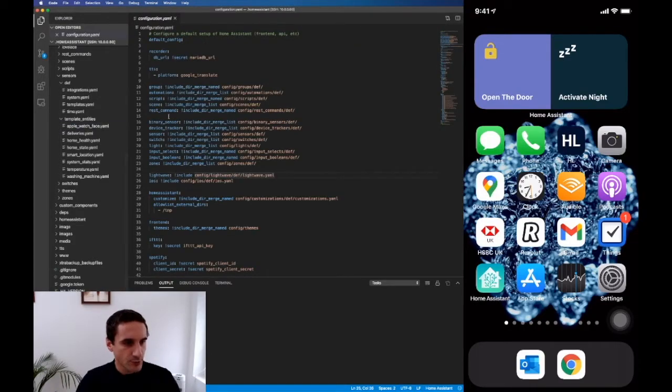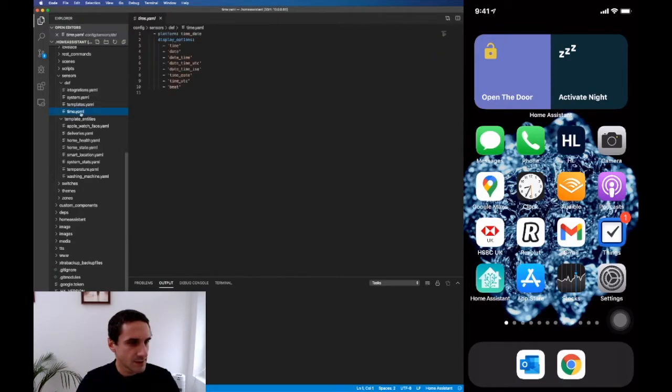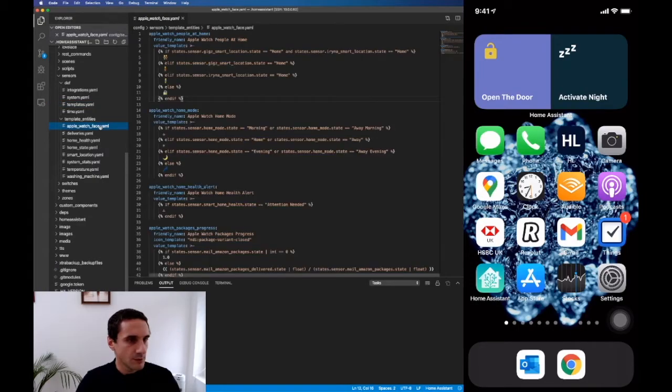So the way I structured my project, I have separated my automations and sensors into a bunch of different files. So here from config YAML, I'm including files in the config sensor dev folder. And in this folder, I have different sensors. So there are sensors from the time-date integration, from other integrations, but the ones that we are interested in are template. So all the sensors used here are implemented as template sensors. And template sensors are in turn sourced from the template entities folder. So here is the template entities folder, and here is a definition of various template sensors I have,